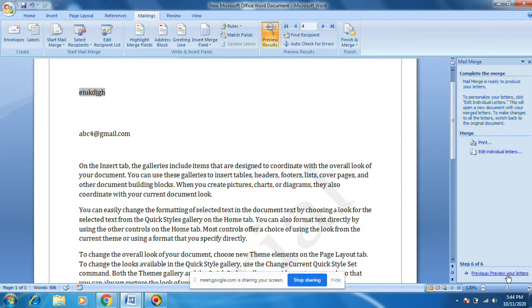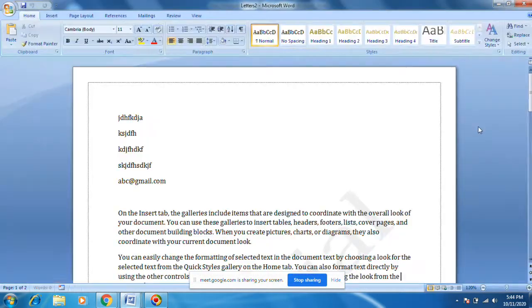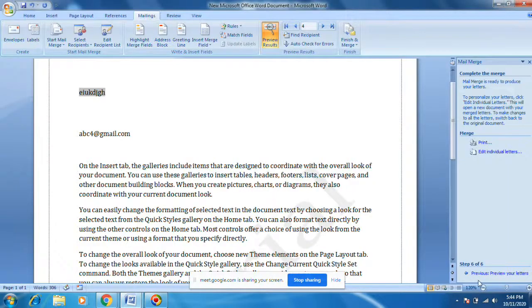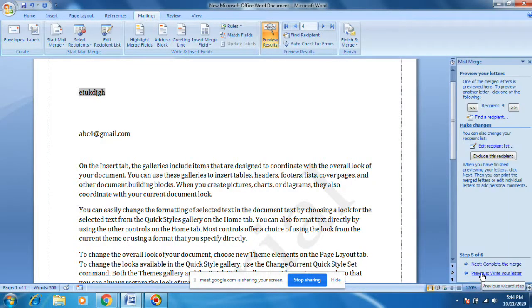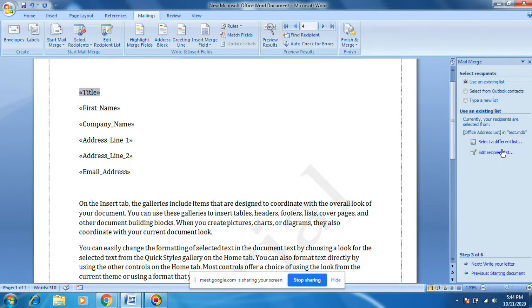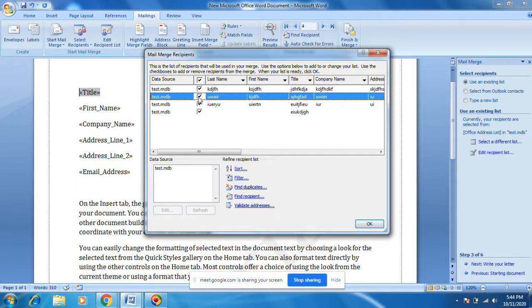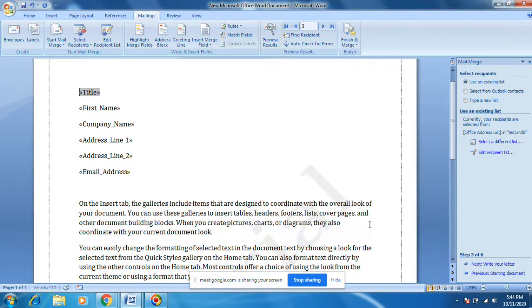Or if you go to previous, edit individual letter. Okay, no, not this. Go to previous. You can select edit recipient list. Here, if you don't want to send this letter to him, just press OK.